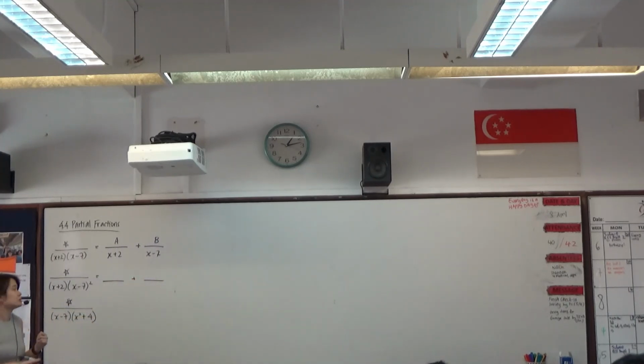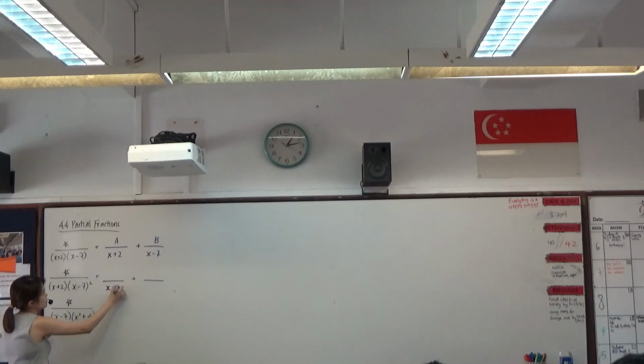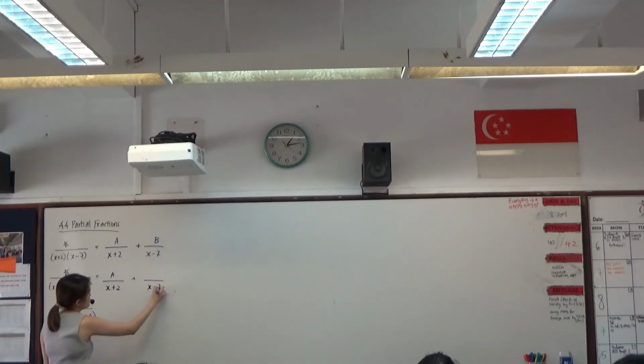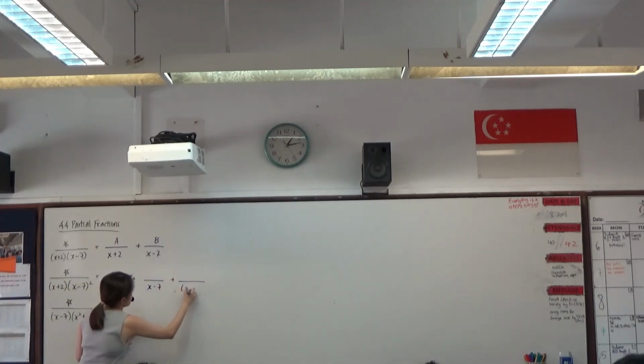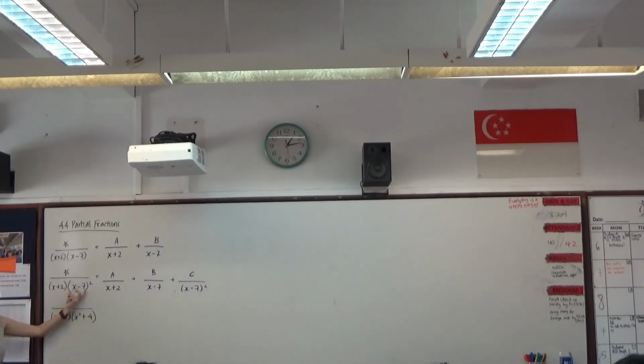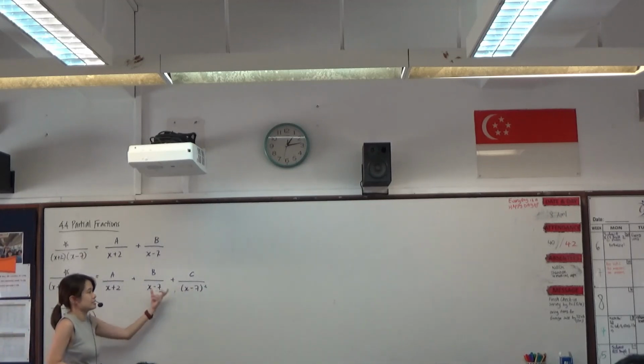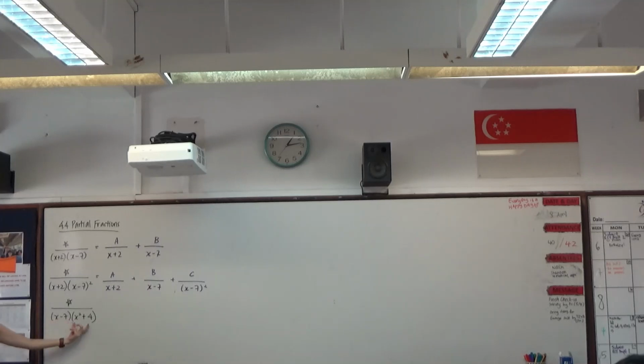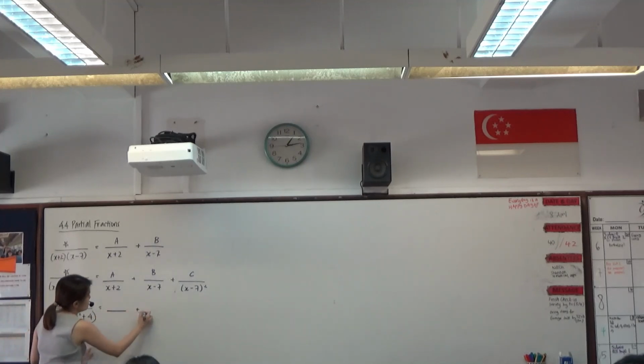x plus 2, x minus 7, and x minus 7 squared. Okay, great. So this is your repeated linear factor, so therefore it will give you 2 fractions. And then after the last one, we have x minus 7 and the other one x squared plus 4. This one cannot be further factorized and it is quadratic. Okay, so therefore my 2 fractions